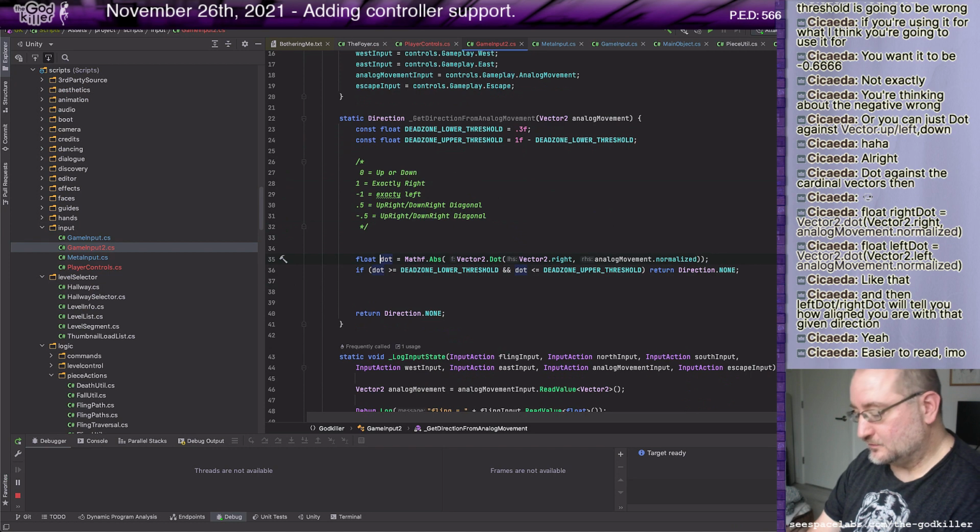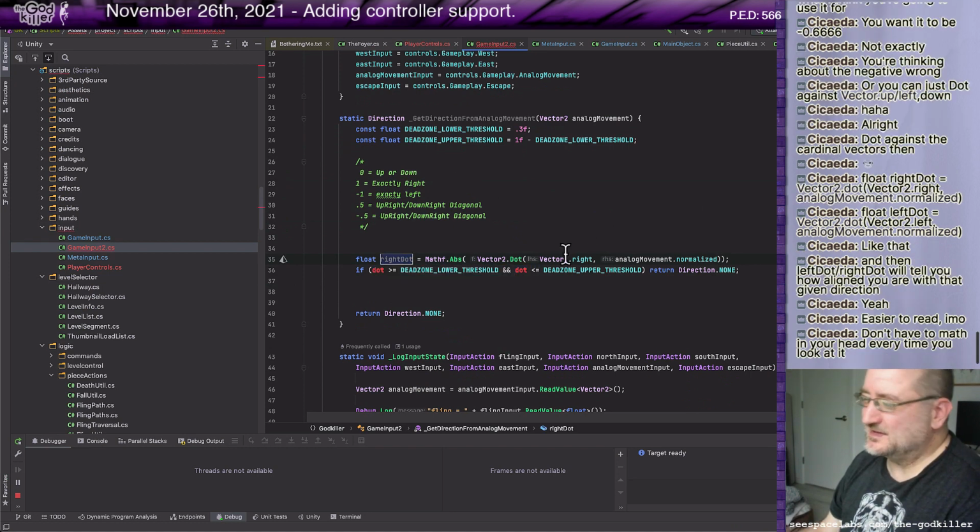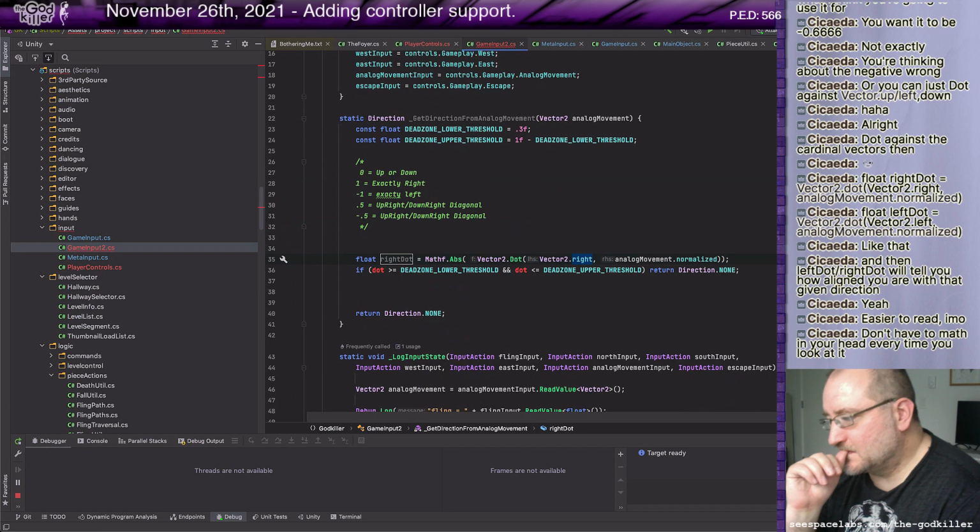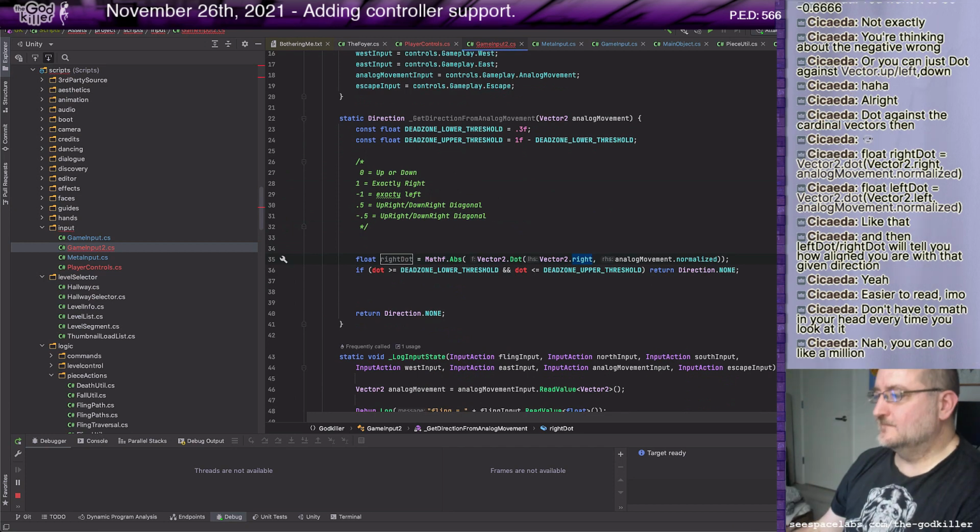I hope these aren't expensive calculations. They can't be, on a modern day computer. So let's bring this back down to that.